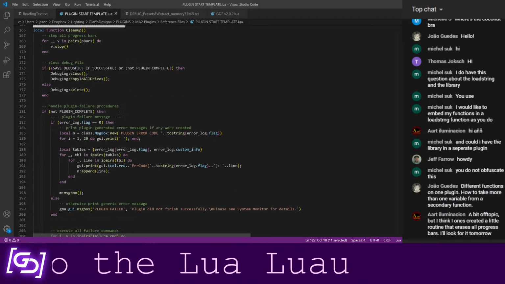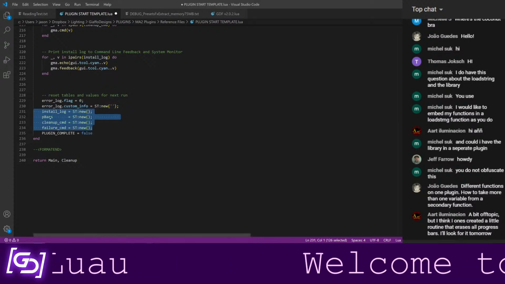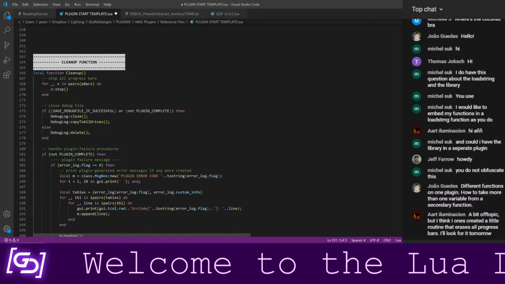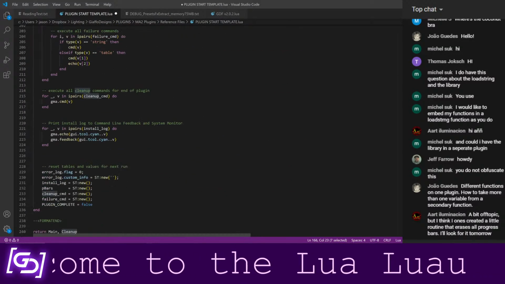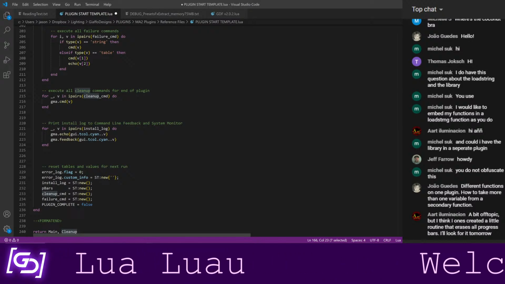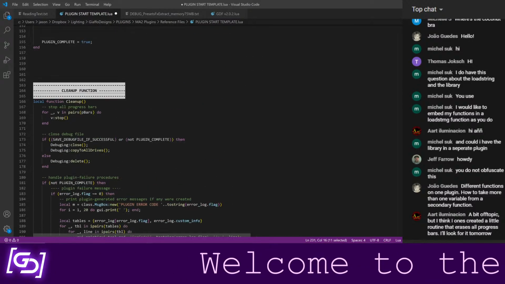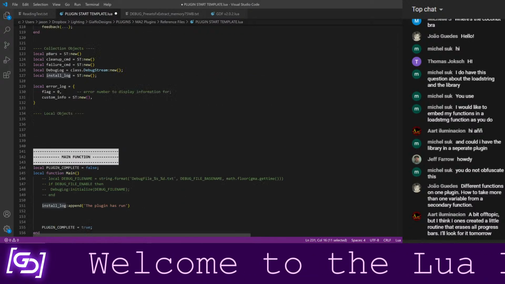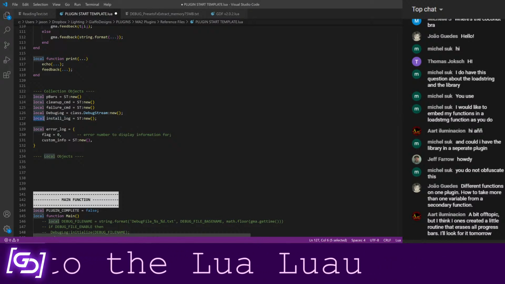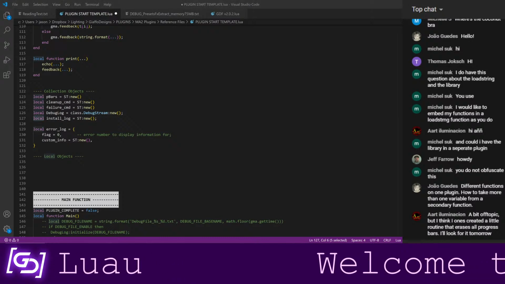So to handle that, that is where this code at the end of cleanup comes in, where I take those existing variable names, and notice I'm not saying local because I don't want this to be a new variable that just lives within cleanup. By me not calling local on it, first thing it's going to do, it's going to look for the closest variable as far as scope goes. So first it's going to see if there's a variable within cleanup that is named this. If that fails, it's going to look the next level outside of cleanup, which in this case is our global scope. Actually, it's not global. It is still within this plugin scope because it was declared as local here. And we'll get into local and global in a little bit here. I feel like that's a good thing to bring up.